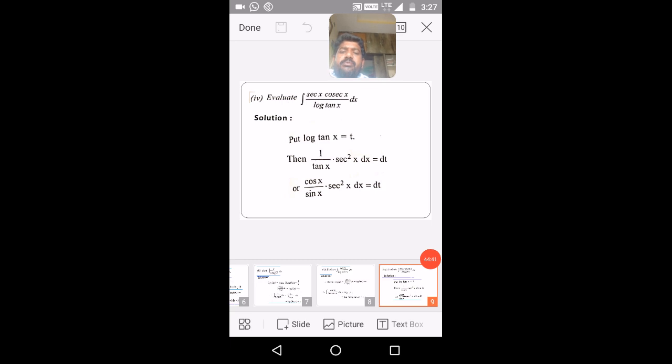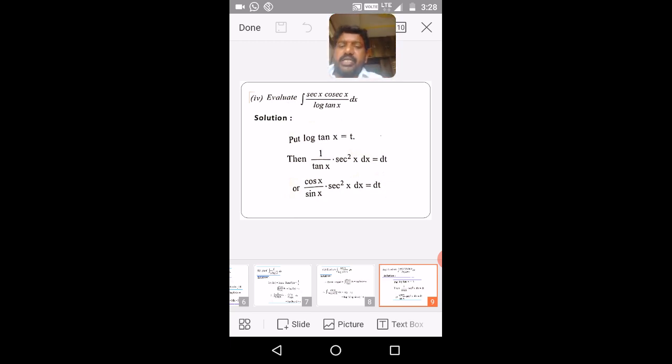Okay, the most important thing we learned today is integral f dash x by f of x dx is directly log mod of f of x plus c. These questions will compulsorily be asked in the semester exam as well as in competitive exams like ESET and other exams. In competitive exams you will compulsorily face 1 or 2 questions depending on this standard form, integral f dash x by f of x dx. So the formula you should remember is integral f dash x by f of x dx is log f of x plus c.